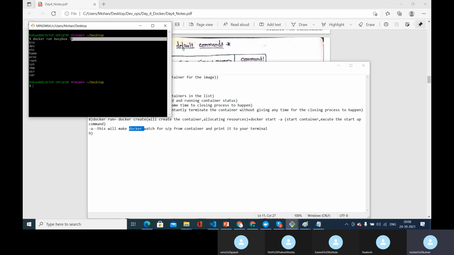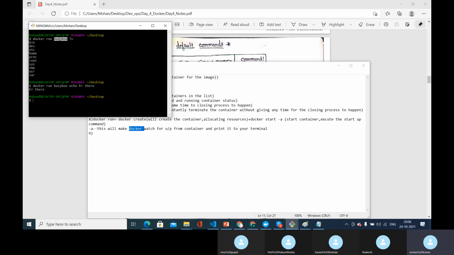So with this overridden command, we were able to execute only one command. But my criteria is I want to execute multiple commands with only one container creation. If I have to do echo hi there, I have to create another container, and instead of ls, I have to give echo hi there, right? So once I do this, I can execute only echo hi there on the terminal of this busybox. But that's not the case I need. I want to execute both these commands with only one container creation.